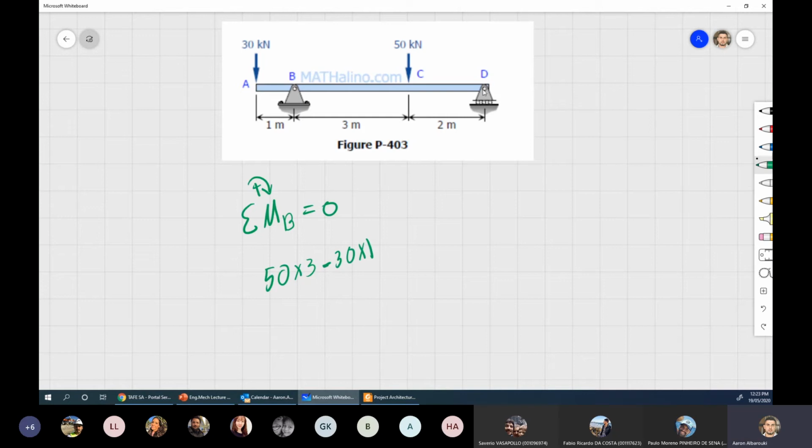And I've got the reaction at D. I'm assuming the reaction obviously always vertically facing up. The reaction at D acting at 5 meters and turning around B counterclockwise. So that is negative R_Dy multiplied by 5 equals 0. So if I move all of this to the other side,